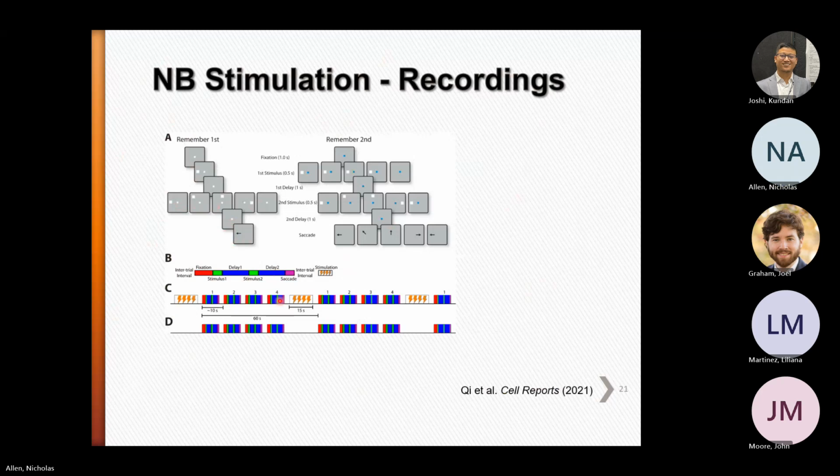We have 1, 2, 3, 4 of those trials. So then in the intertrial interval